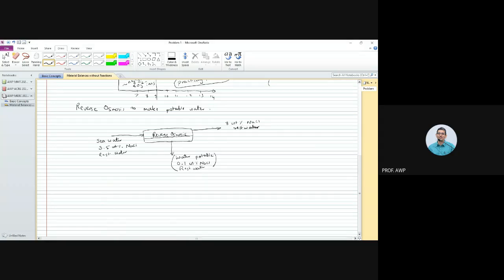And there is a reject. So this is called a permeate, something that goes through the membrane, and something that is retained on the membrane is called a reject or retentate. Okay. So let's say the retentate or reject is 8 weight percent sodium chloride and rest water. Okay. So I want you to calculate